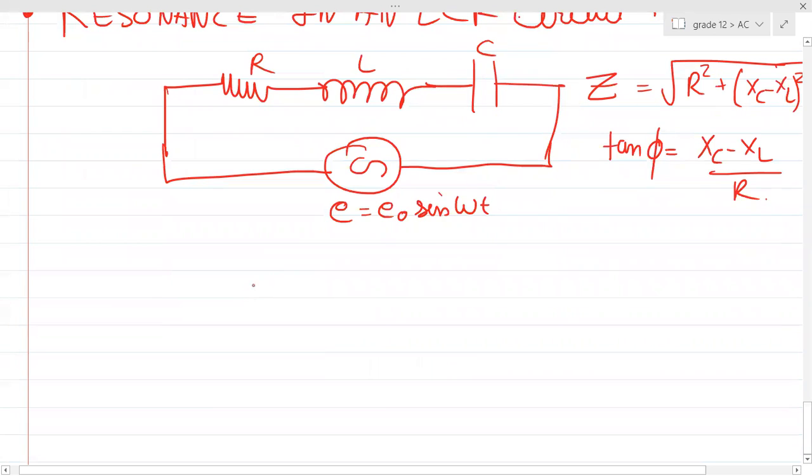Now see this particular thing over here. I'll write the current as well. I equals I naught sine (omega t plus phi). Anyways, so we know this particular thing. Suppose this source is a variable frequency AC source, that implies frequency can be changed, right? Yes or no? Can the frequency change? Yes or no, guys? If I can change the frequency, that implies I can change the